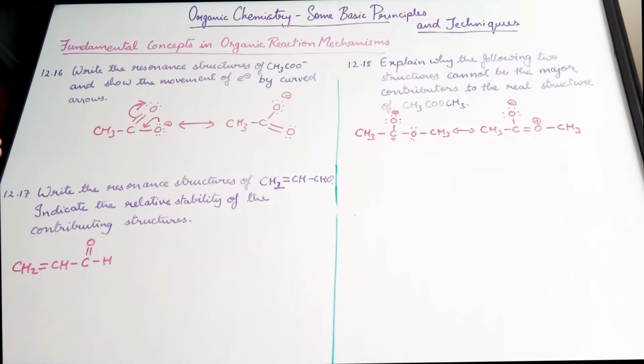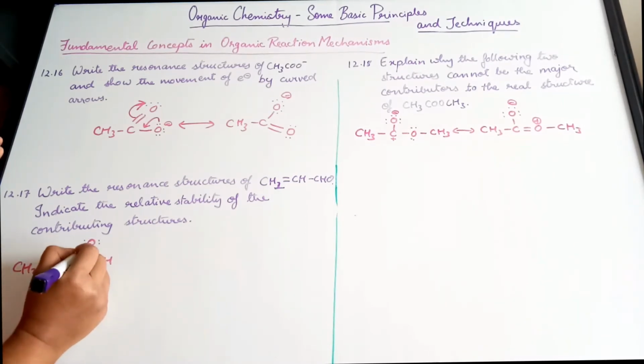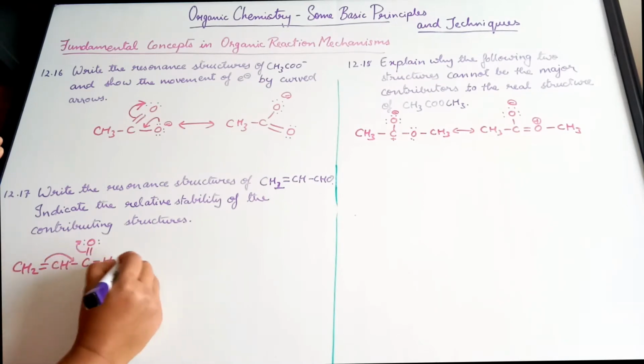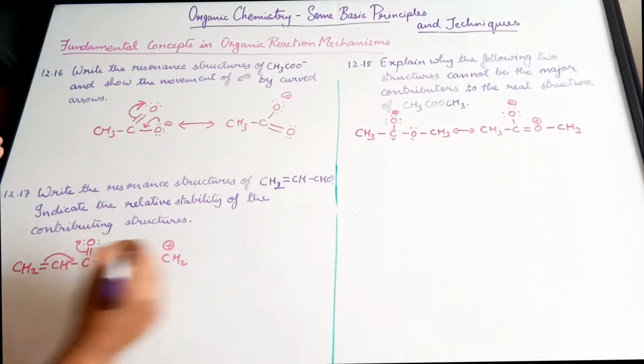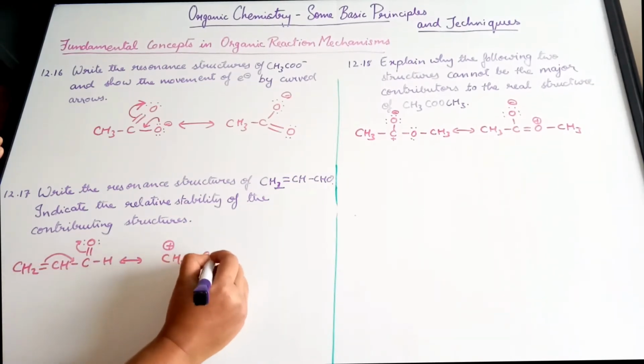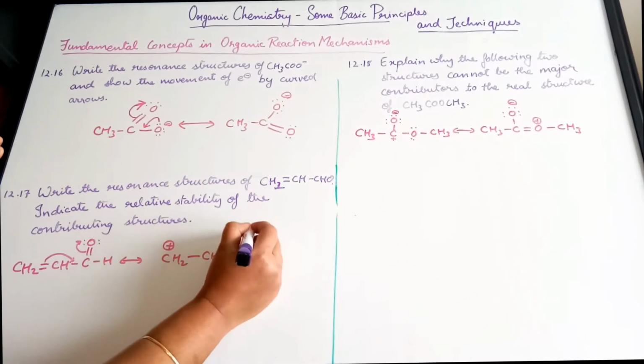Now the electrons are going to move in such a way that this electron pair will move here and this moves up here. So CH2 positive charge because of the electron pair, CH double bond, C single bond, O minus